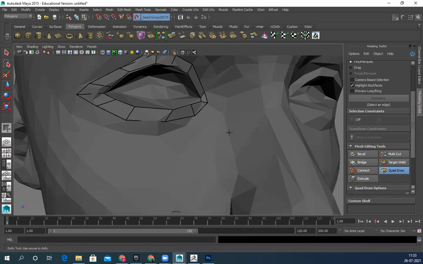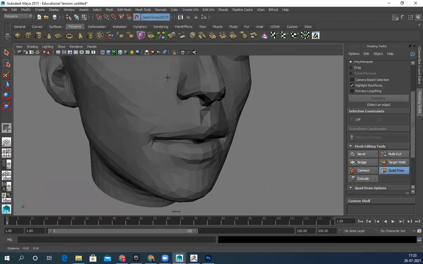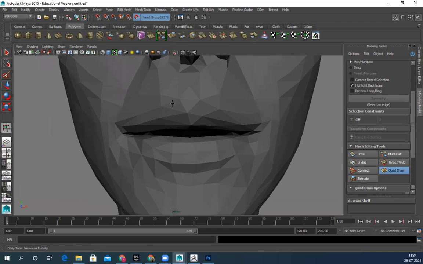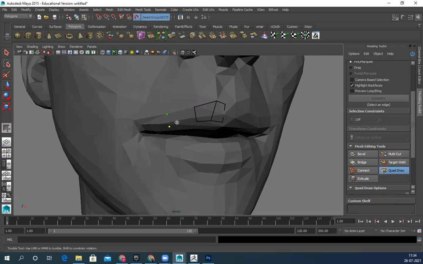Then let me landmark all the areas first. Lips. Initially keep it really low poly.